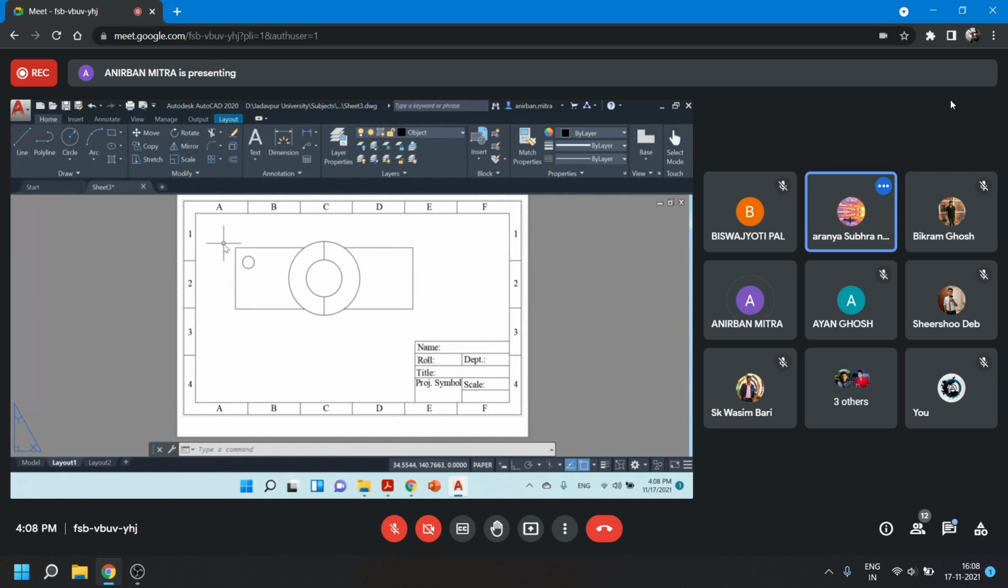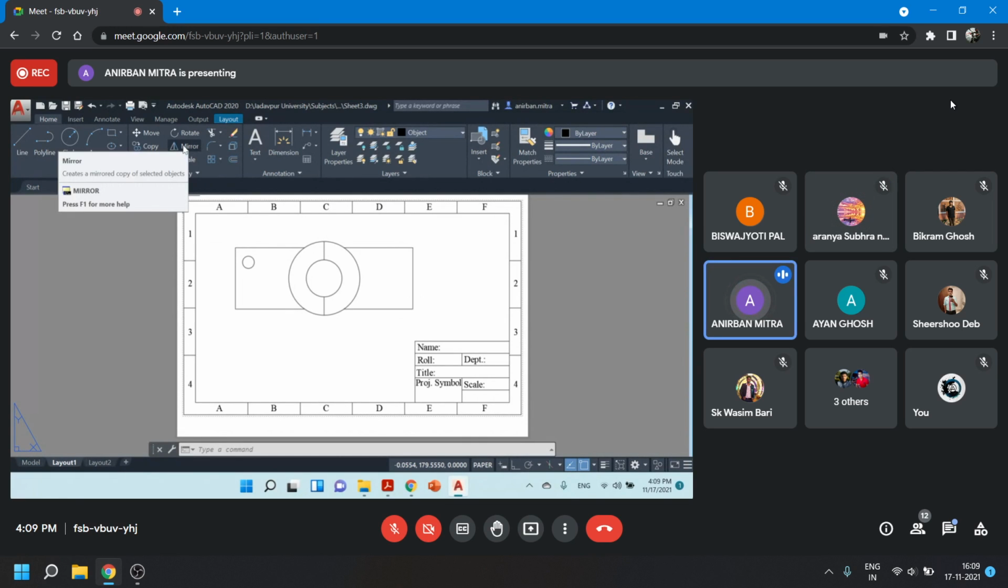So Sir, how can we use the mirror command? Select the mirror option, select the object. Yes,